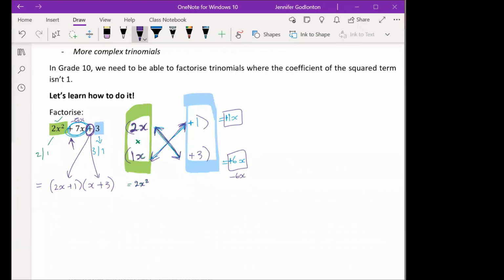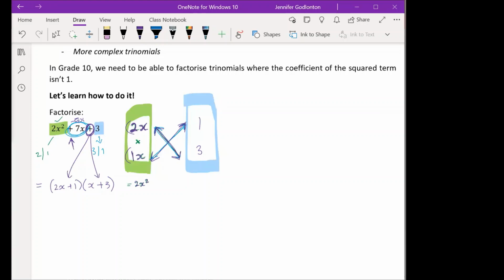Ma'am, how would you find out if they work? So you would try and put them in different places. So for example, in this question, I knew where my 3 and my 1 needed to go, but let's say I put my 3 there and I put my 1 there. Then I would have 1x times 3, which gives me 3x, and 2x times 1, which gives me 2x. And I would see that 3x plus 2x doesn't give me 7x. And so I'd be like, okay, that's wrong. And then I have to try something else. So you put numbers somewhere to see if it works, and if it doesn't work, then you change where the numbers are around. Oh, okay. Thank you, ma'am. Okay.